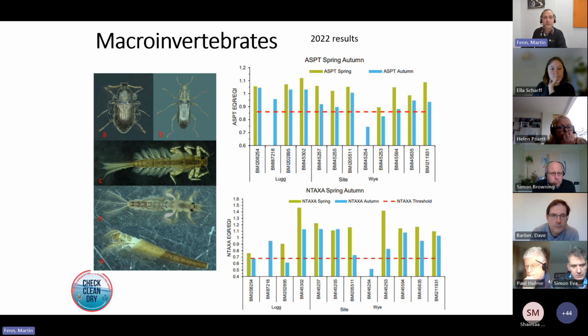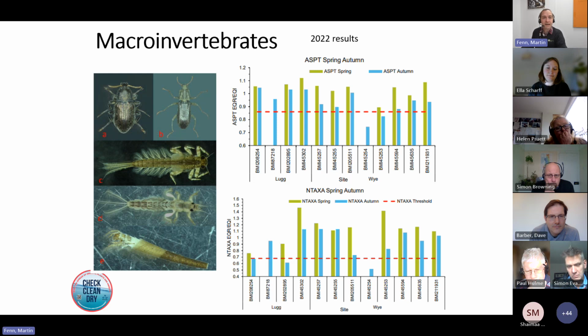So we've got our riffle beetles, the Riolus nitens and the Stenelmis canaliculata. We have the mayfly, Potamanthus luteus, where this is a real stronghold for the Wye, although we have now started to see this moving into the Severn itself as well. We have the other mayfly, Ephemera lineata, and also a caddisfly, Leptocerus interruptus. And all these are really good indicators of high water quality,